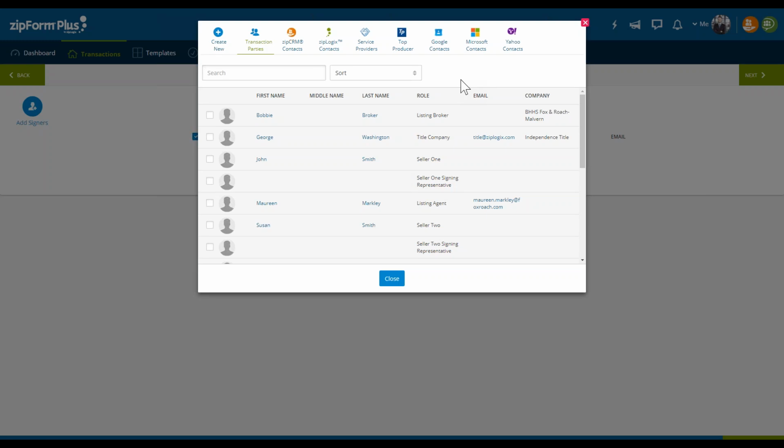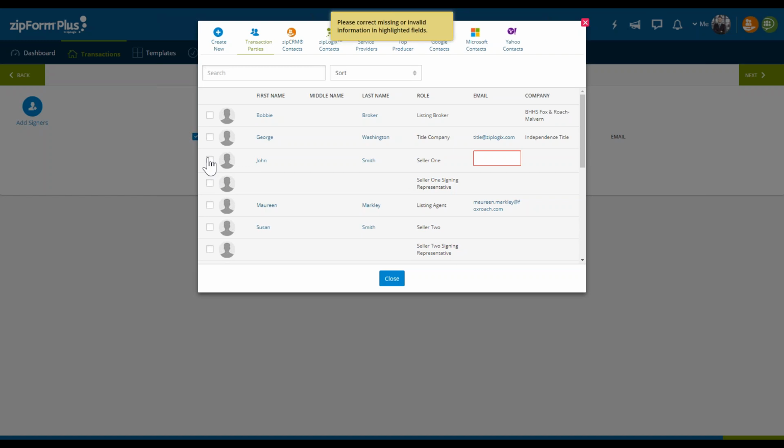So we want to make sure that we're selecting the parties and the documents that are relevant to each other at this particular moment. Otherwise, that's kind of like calling a particular individual down to your office to sign documents. It doesn't need to do anything. Okay, think of it as the same way. So I'm going to click on John. Let's enter his email address.